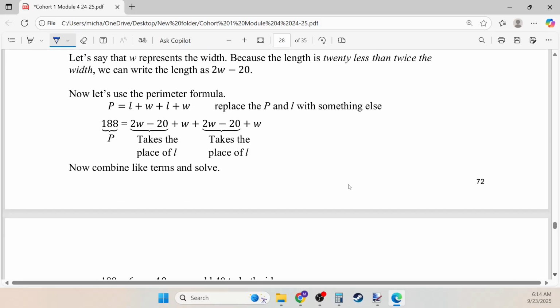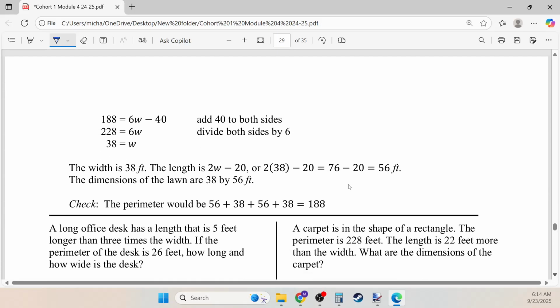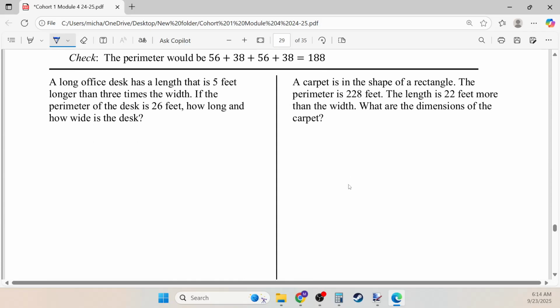Now we're going to do a similar thing, but we're going to do it with perimeters. So a long office desk has a length that is 5 feet longer than 3 times the width. We're going to assume a rectangular desk. So the width is whatever it is, the length is 5 more than that, and we're told the perimeter is